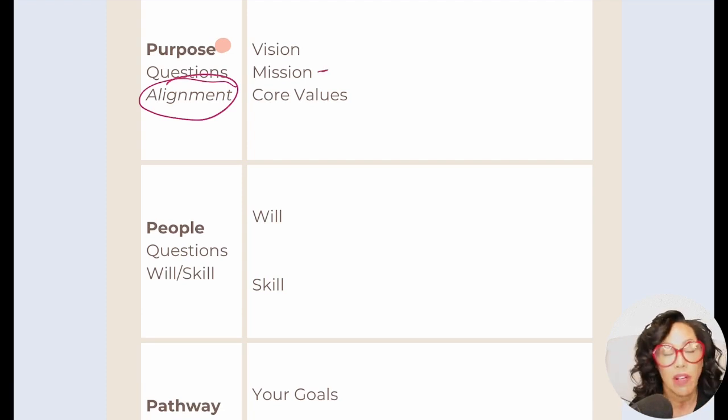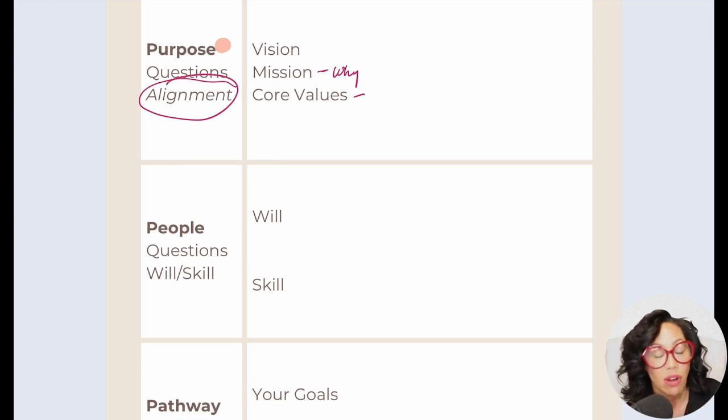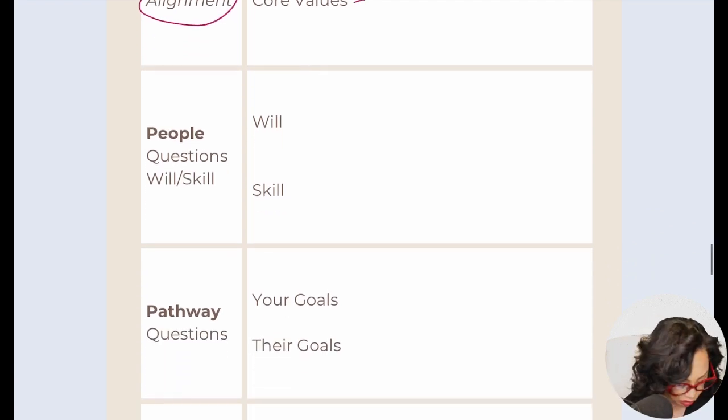Then the mission is about the why, right? So you're asking them about their why. Why do they do this work? To see if it aligns with your big why, in your vision, in your mission. And then the last thing is the core values question. You want to ask questions that get at their core values. What you don't want to do is say, here are our core values. Do these feel non-negotiable to you? Because if somebody really wants a job, they can lie. They can say, yeah. But you want to talk about what's non-negotiable for you and see if their non-negotiables contradict your non-negotiables. They're not a fit. Or do they align? Okay, so those are the purpose questions.